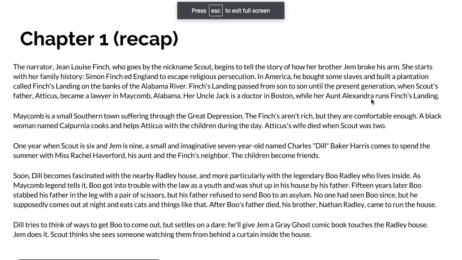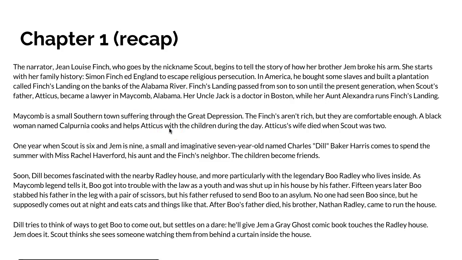Right, so chapter 1 recap. In my class, we've already read chapter 1. So this is just a bit of a review of it, and you're more than welcome to pause at this point and have a read. Quite a lot happens in chapter 1, and there are a few important moments and some important information regarding particularly the setting of a small southern town, which is Macomb, Alabama,